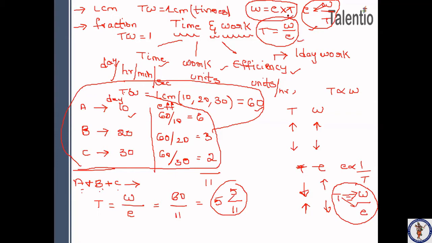Ma'am, how come 11? How come 11 is nothing but asking A, B, and C combinedly. So efficiency will be added. Yes or no? Time will not be added. Efficiencies will be added. For example, if we both are working together, my efficiency plus your efficiency is equal to our combined efficiency. Yes or no? In the same way, they're asking A plus B plus C efficiency, nothing but A efficiency plus B efficiency plus C efficiency. So 6 plus 3, 9, 9 plus 2, 11. That's how it is 11. Is it clear, Rishikesh? Yes.